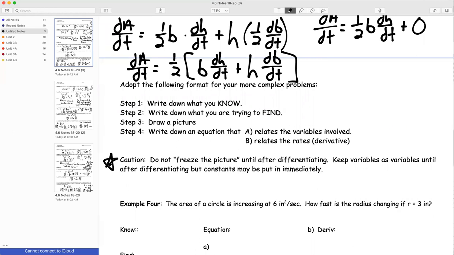We do not, quote, freeze the picture until after differentiating. Keep variables as variables until after differentiating, but constants may be put in immediately. That means we do not plug in the values until after we take the derivative, unless it's a constant. And then it doesn't matter because it's a constant and it's not changing. But if we have a variable that is changing with respect to time, we must take the derivative first before we plug in the values. Okay, so here we go. Let's look at a couple